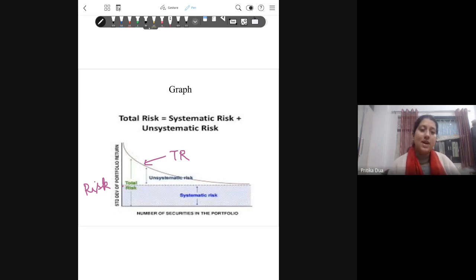But unsystematic risk can be diversified, and therefore total risk, which is the sum total of systematic plus unsystematic risk, falls when the number of securities in the portfolio is increased. So the best tool to reduce your risk is to diversify your investment, add more securities to your